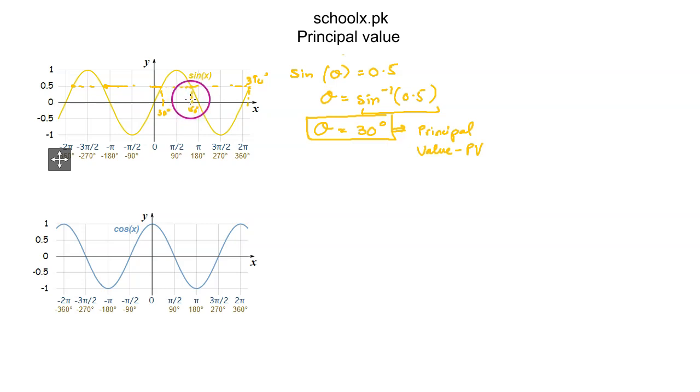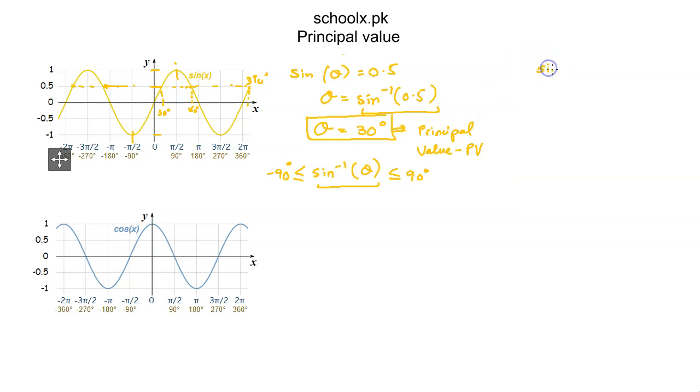So basically on a calculator, the function sine of x is from minus 90 degrees to positive 90 degrees, right? Because this covers the entire output values from positive 1 to negative 1. So whatever you do in your calculator, whenever you put this sine inverse of theta, it will always give you an answer from minus 90 degrees to 90 degrees. Now what if in reality this theta was not 30 degrees, this theta was 150 degrees. So to find the other values of the angle theta, we have two formulas, which are